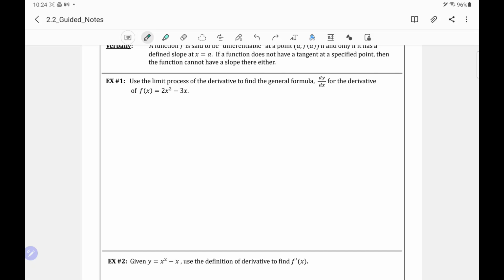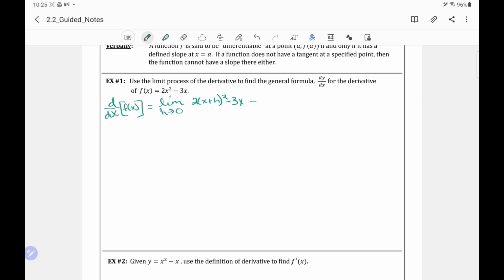So because I have f of x instead of a y equals, I am going to choose this notation. Again, it doesn't mean that one notation is right or wrong. We're just pointing out that all the notations are used interchangeably, sometimes for different reasons, but a lot of times just from the preference of the person doing it. So we have the limit as h goes to 0, and we're using this function 2x squared minus 3x. Remember, it's f of x plus h. So I've got to plug in here x plus h wherever I see an x